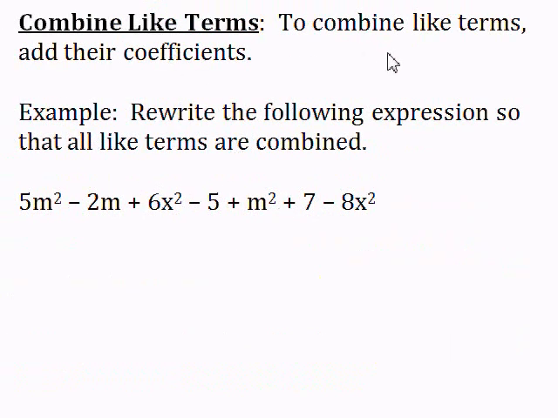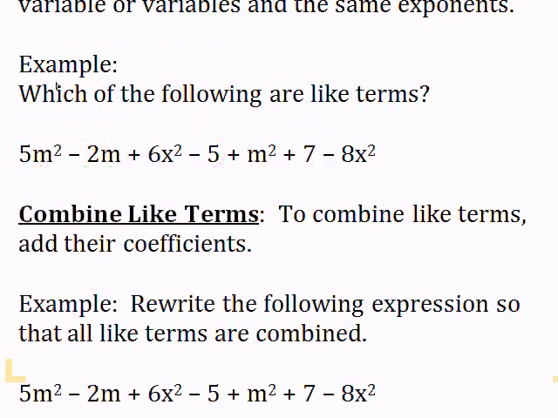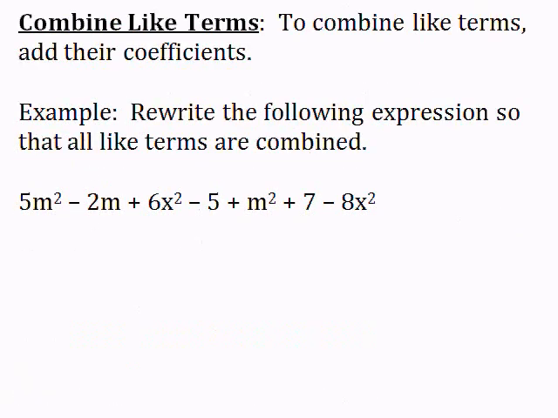To combine like terms, we just simply add their coefficients. Notice the definition says nothing about affecting their exponents. So if we take a look at our expression from earlier, we're going to rewrite the following expression so that all like terms are combined. So I'm going to combine the 5m squared with the 1m squared. 5m squared plus 1m squared